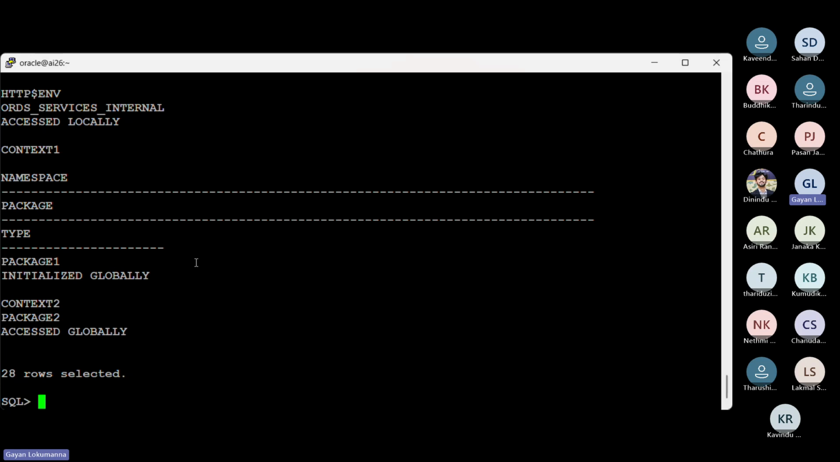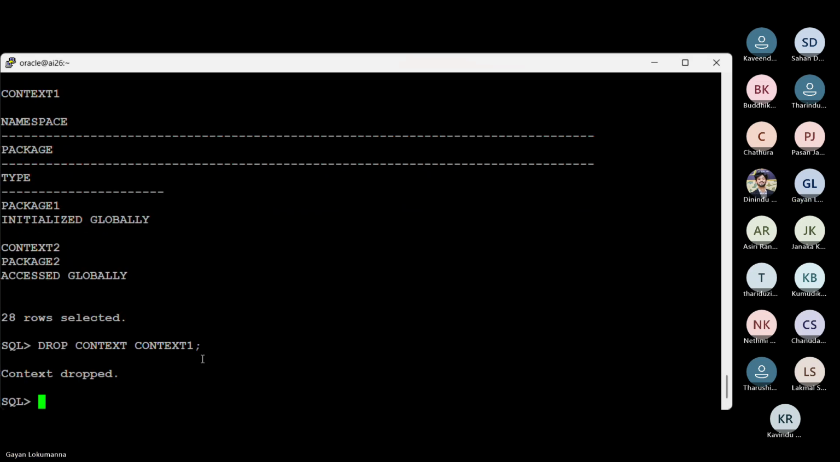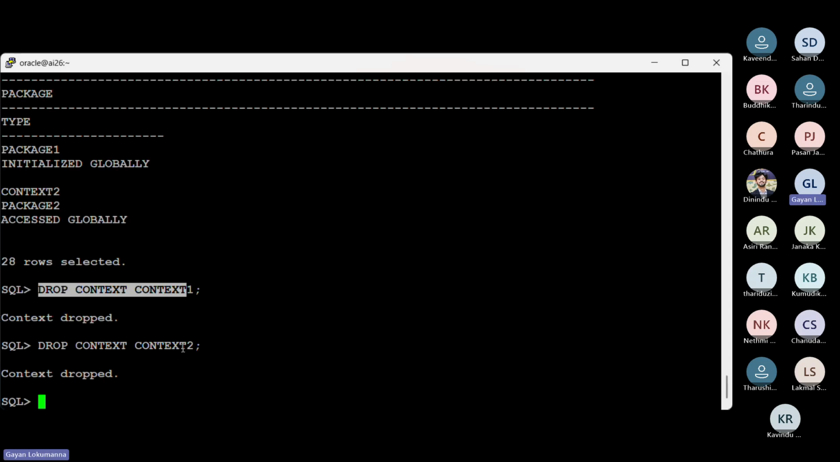Okay, so I don't need these contexts. I will drop them. Drop context 1. Similarly, I will drop context 2 as well. Okay, right. Now with that, we are going to start creating our context, the right context. Okay. So create context. I'll create a context called EMP context